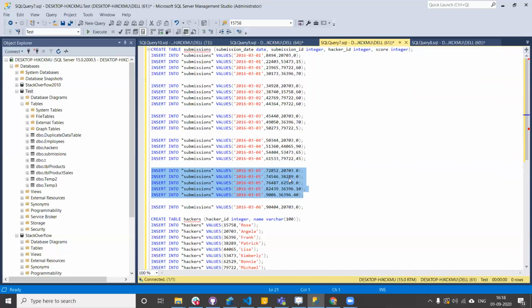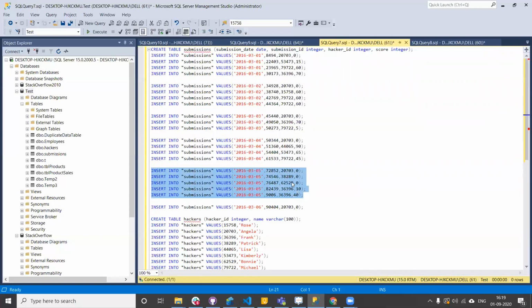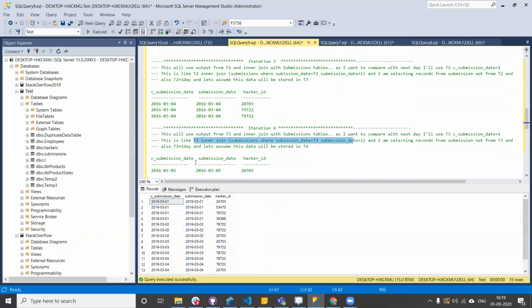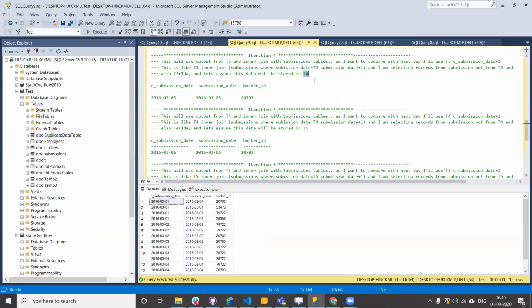If you see the common item, 20703 is the only item which is common between this data and this data, right? So as a result, we got one record. Let's assume that this is stored in T4, and then the same process for next subsequent dates.